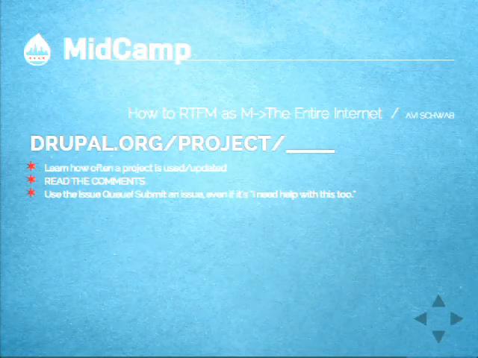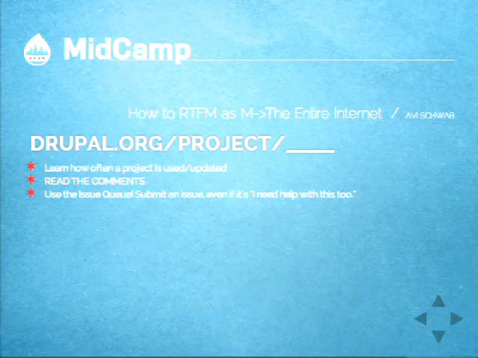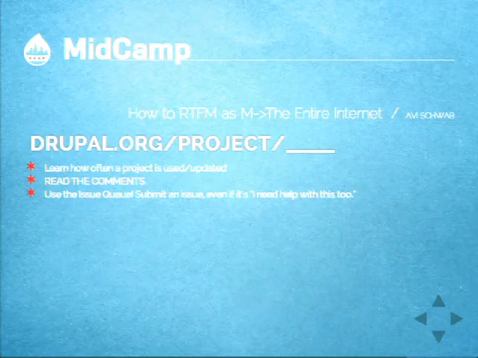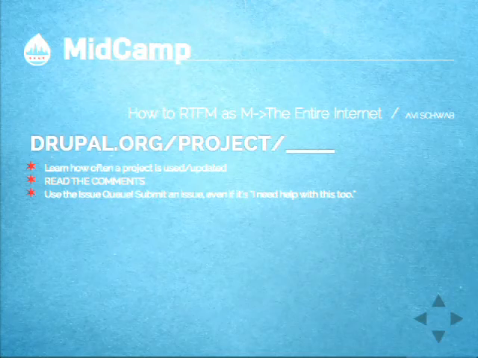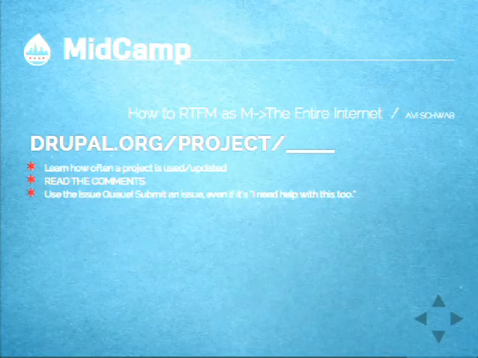These project pages, though, have a lot more than just the download link for your module. The project pages list how often a project is used. Right above the download links, you can see whether 20 people or 200,000 people are using this module. And that's a really good way of determining how the module is going to work and how it's going to live on in the future. If you see that 200,000 people are using a module, it's probably safe to use. If you see that 20 people are using it, you might want to do a little more research before you download it and run it on your production site.